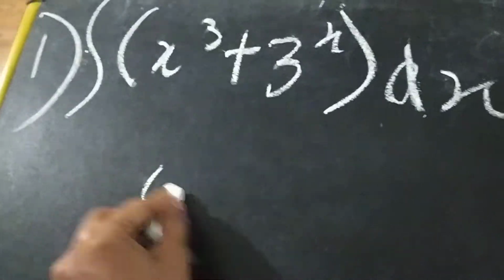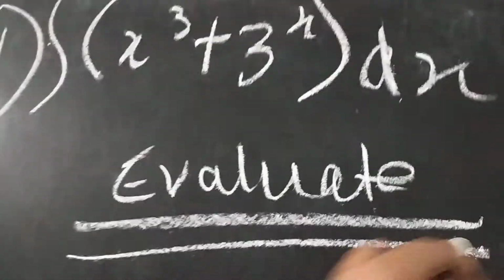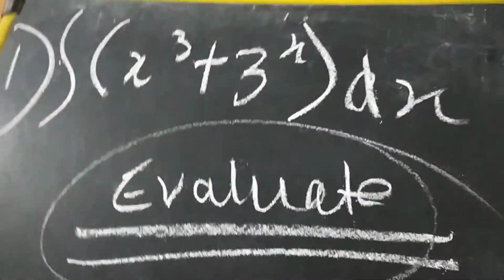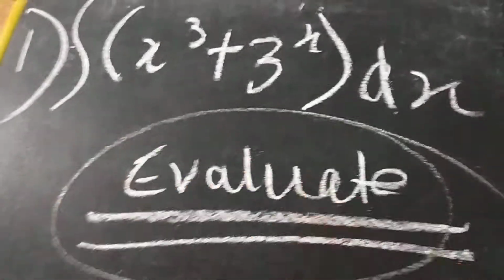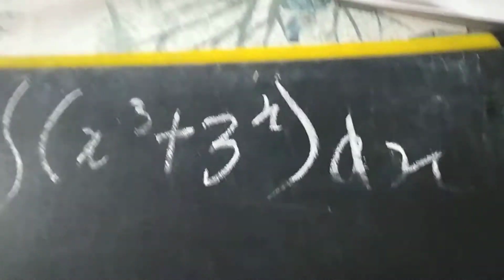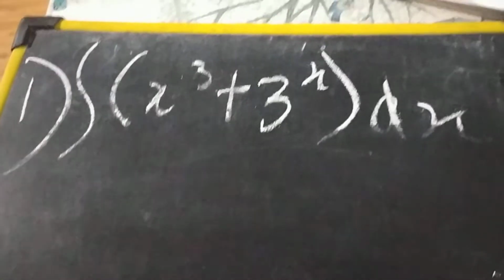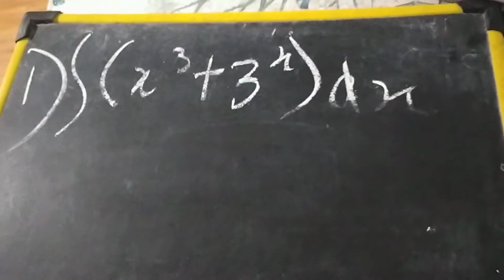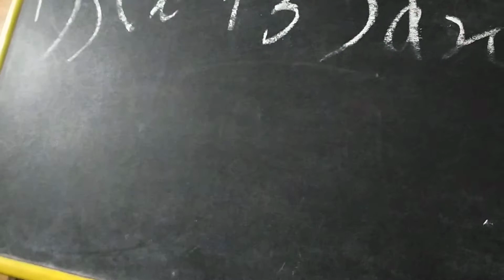I don't know why I am always confused to pronounce this. I'm not very fluent in pronouncing this. Yeah. So evaluate the following, and this is the first one. So the question is x raised to 3 plus 3 raised to x. Very simple. I've already told you